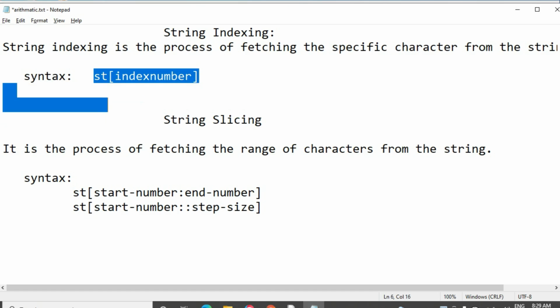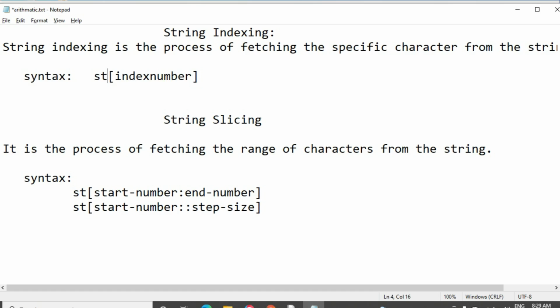Okay friends, the syntax of string indexing is this: st is the string variable. I am taking the string in the variable st, so the variable name and then the index number position. Usually the index number starts with 0.